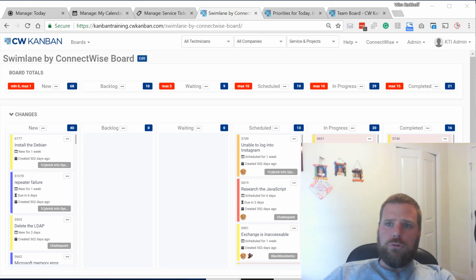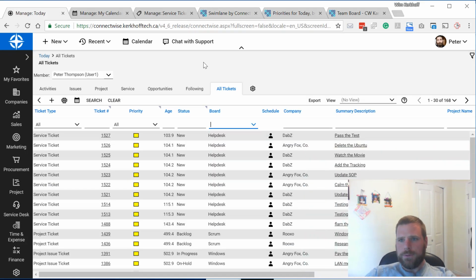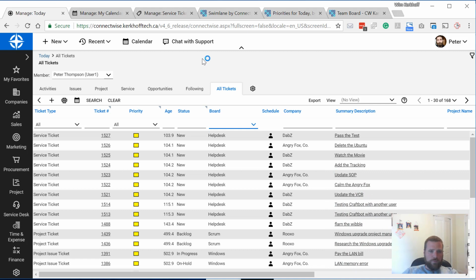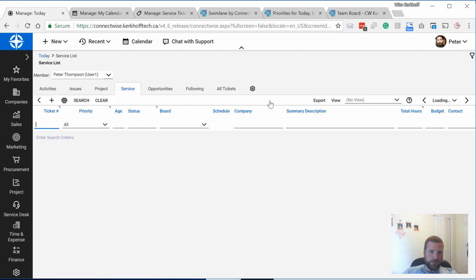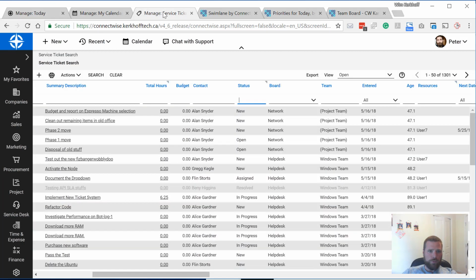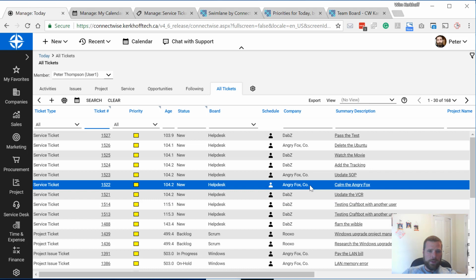Today I want to paint a picture between the classic way of working in ConnectWise and an alternate method using lean concepts like Agile and Kanban. With ConnectWise, people have to work from a list of tickets or their calendar. If you go through a ticket view, such as on your Today page and going through all tickets, or your project or service ticket tabs, or through a ticket search or a service board, the problem is